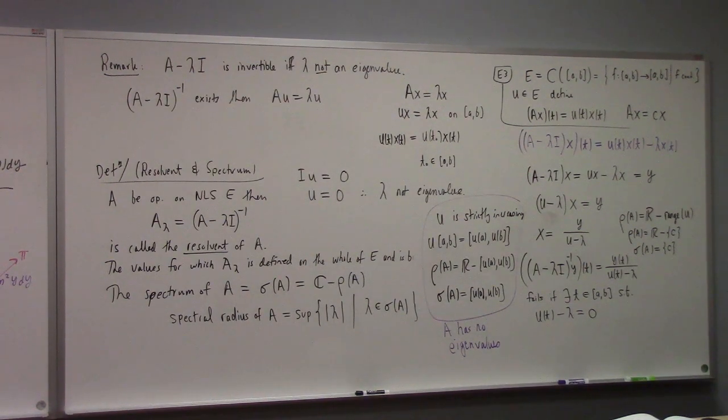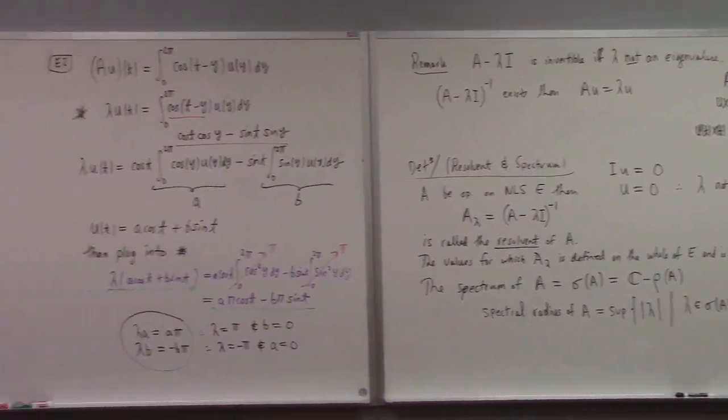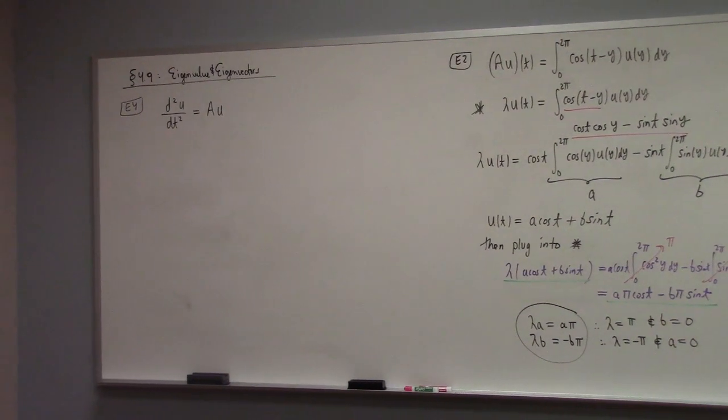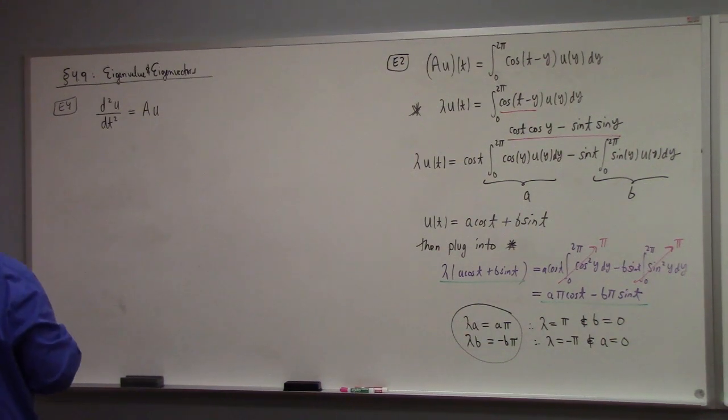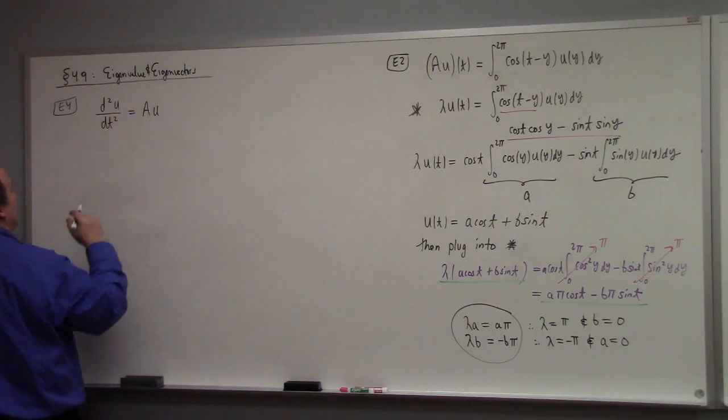And so you may or may not have seen this, but if you have a system of springs put together, you can write the equation of motion for the system of springs like this, where this is a matrix